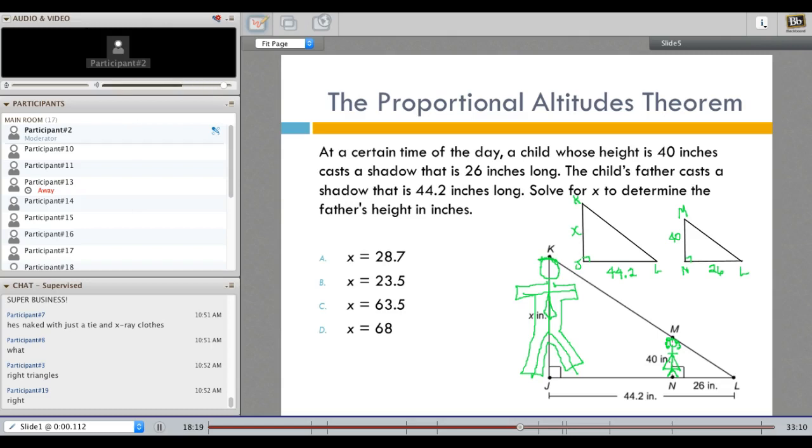Why am I allowed to use the proportional altitudes theorem? Put it in polling, Gabby. So if you get the answer, put it over here. Select your answer. Okay? So I think you're figuring out how to solve this, but let's think about why. Are you allowed to use the proportional altitudes theorem here? Yep. Why, Ben? What were the two things that you had to have to be able to use this theorem?